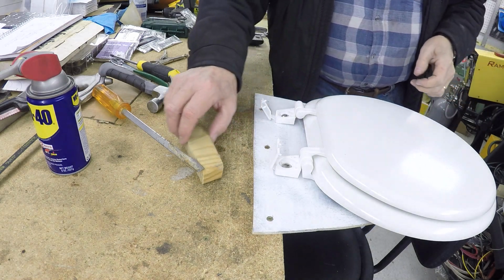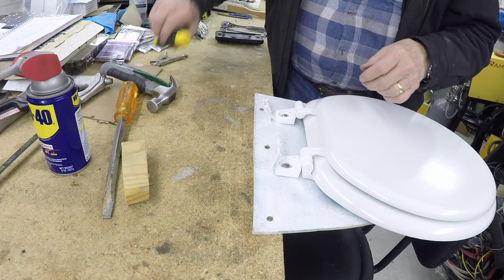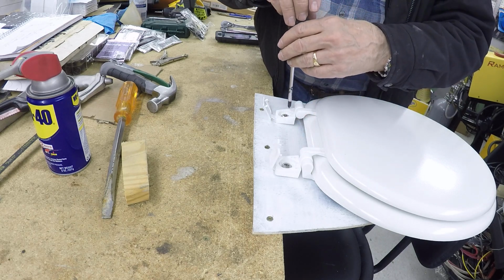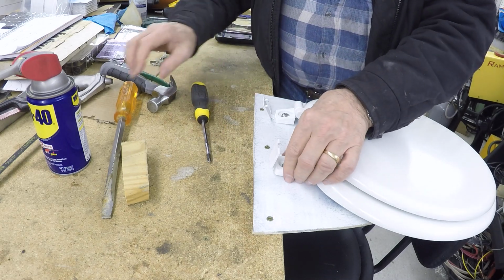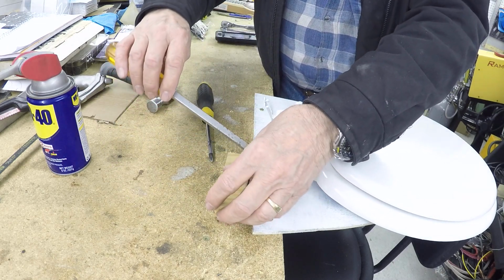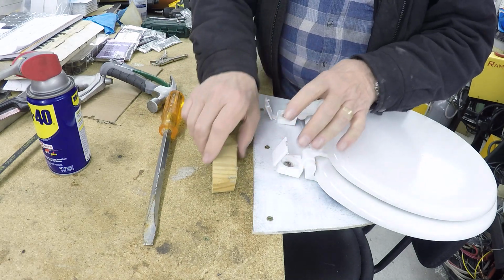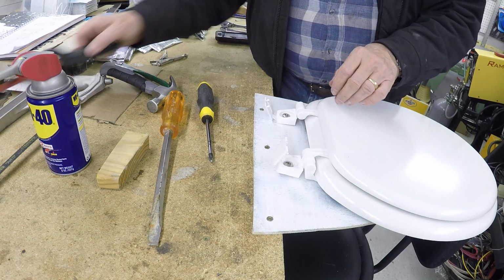If you cannot get the screws out because they hopelessly spin, just spin and spin and spin with the anchor spinning with it. About the only way you can get that out is, again, to pry with a wooden block as a fulcrum. And if that doesn't work, again, tap on it, penetrating oil, and then your last resort is a hacksaw,